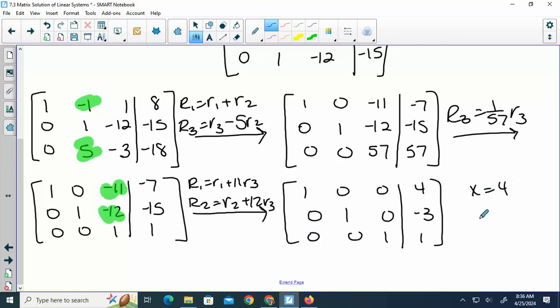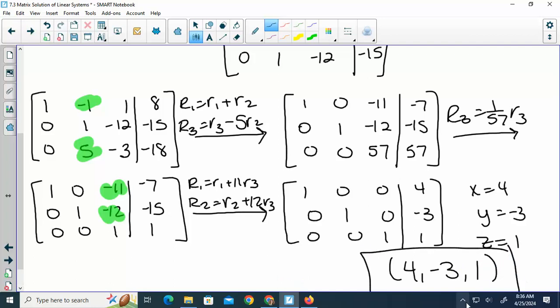So x is 4, y is negative 3, z is positive 1. Did you guys get that? Did anyone finish